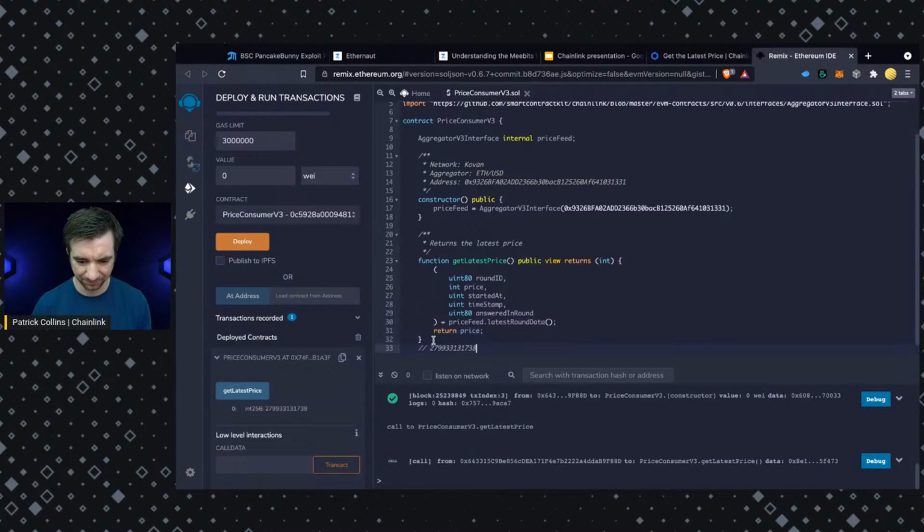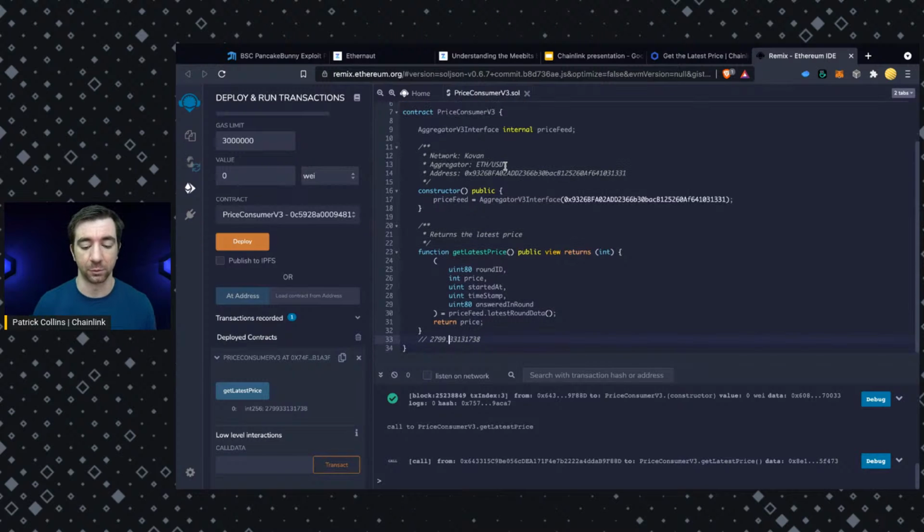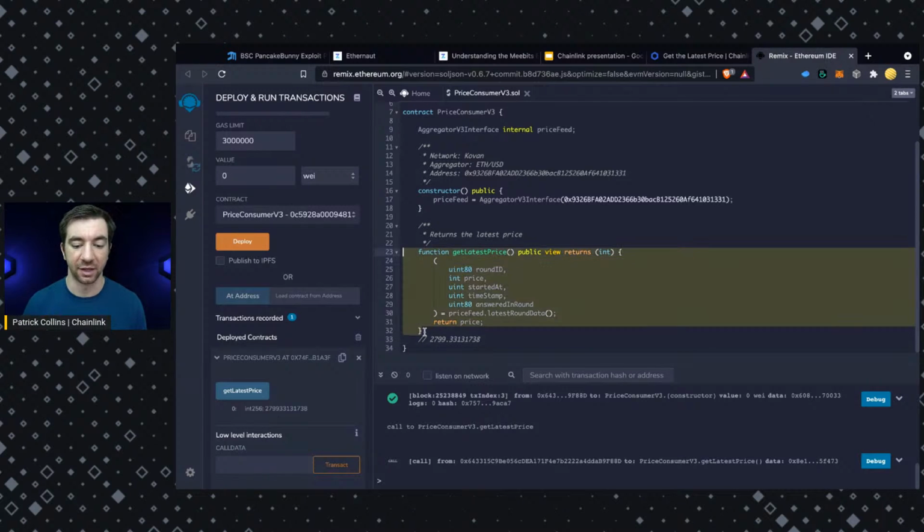Now, the question is obviously going to be, okay, well, why is it so big? That's not actually what the price of Ethereum is, and it's because Ethereum and Solidity don't work with decimals very well. So it's actually multiplied by 10 raised to the 8th. So we get 2,799, and boom. That's how quick, that's how simple you can use Chainlink pricing data to secure your DEXes, to keep them